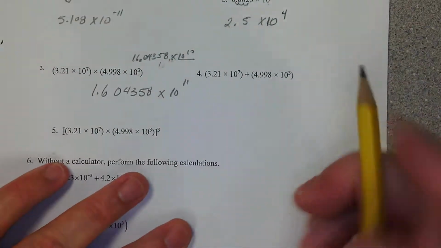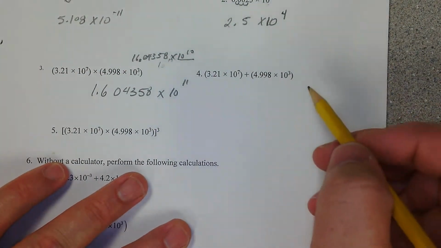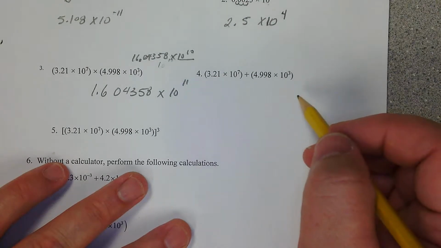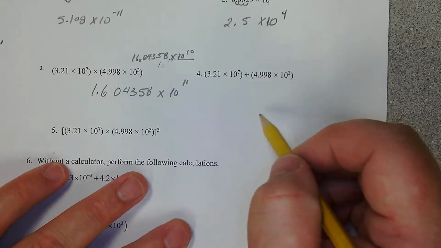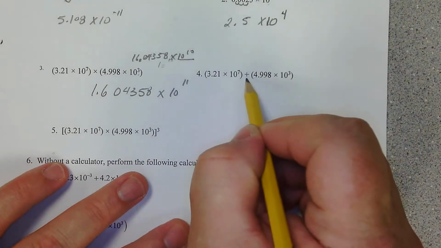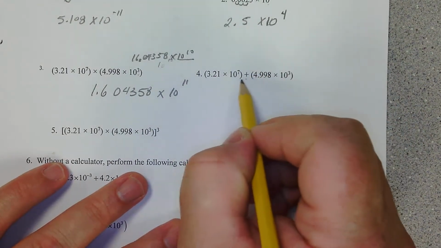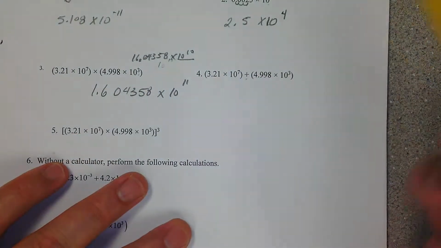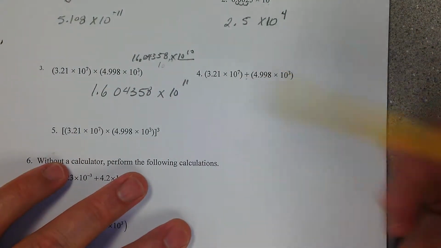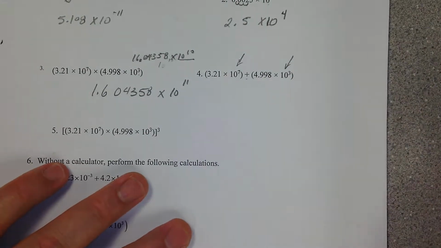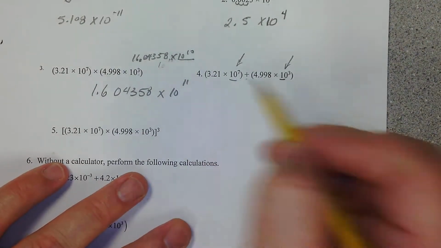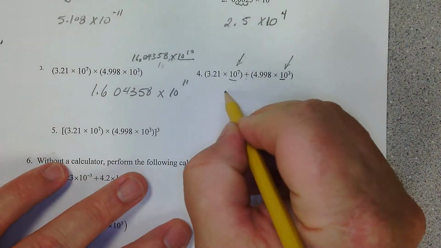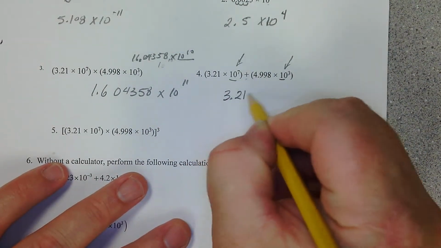Now, next one we're adding, okay? Man, so when you add these, let's see here. How do we want to do this? We've got a couple ways. These are not like terms right now. Do you see? We can multiply when things are unlike terms, but we cannot add if things are unlike terms. We have a 10 to the 7th, we have a 10 to the 3rd. So what would be a good idea is to make this a 10 to the 7th or make this a 10 to the 3rd. I'm going to keep this one a 10 to the 7th, 3.21 times 10 to the